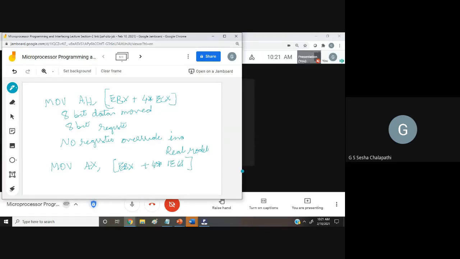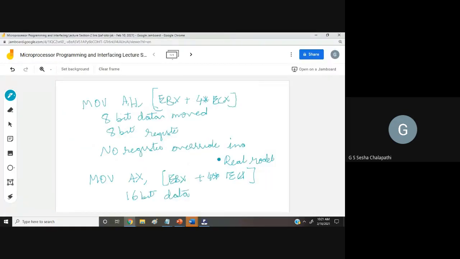Here also you will not get a register override, because you are using 16-bit registers in 16-bit operation mode, right?